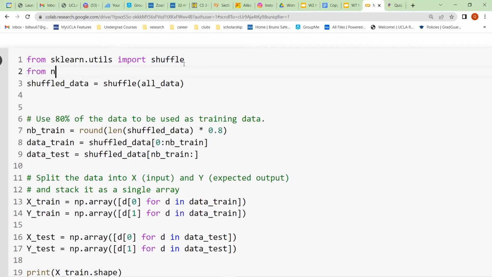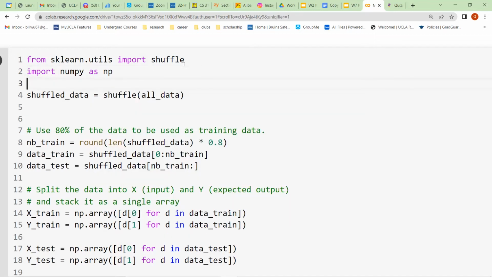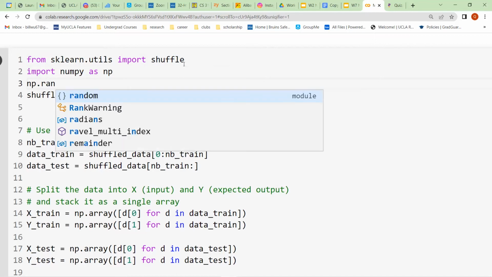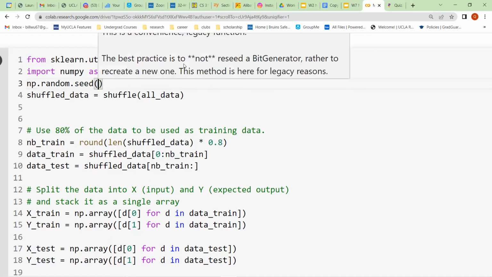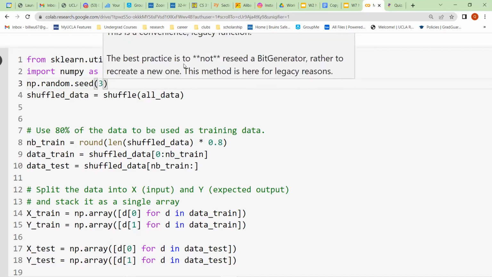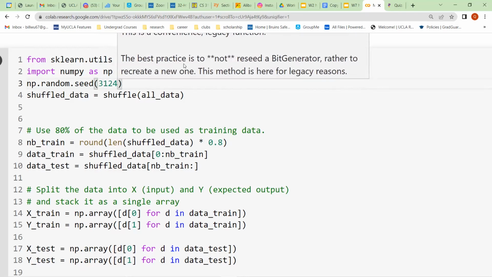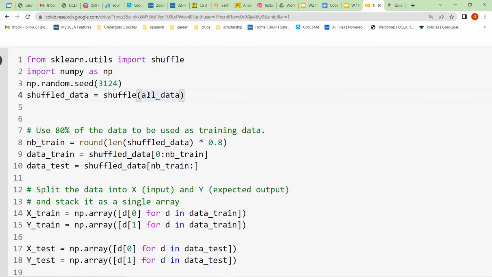Then you put in a random number. It has to be the exact same number if you want to compare with your teammates, and then it will shuffle the data in the exact same manner. That's pretty much how it works.